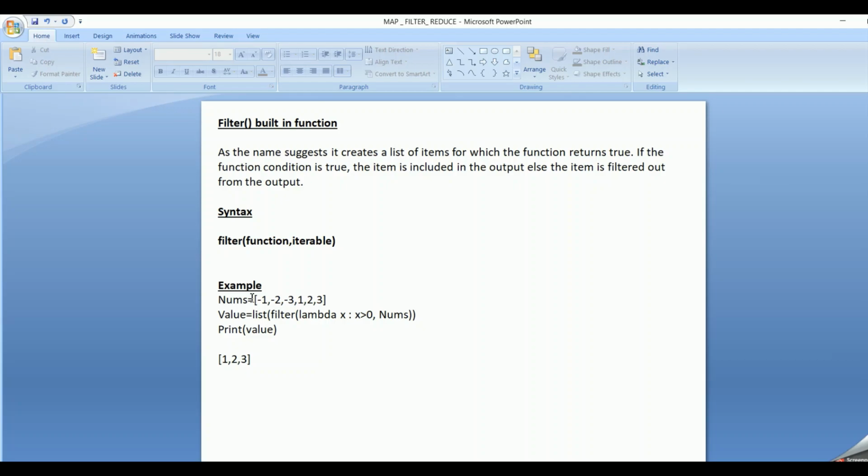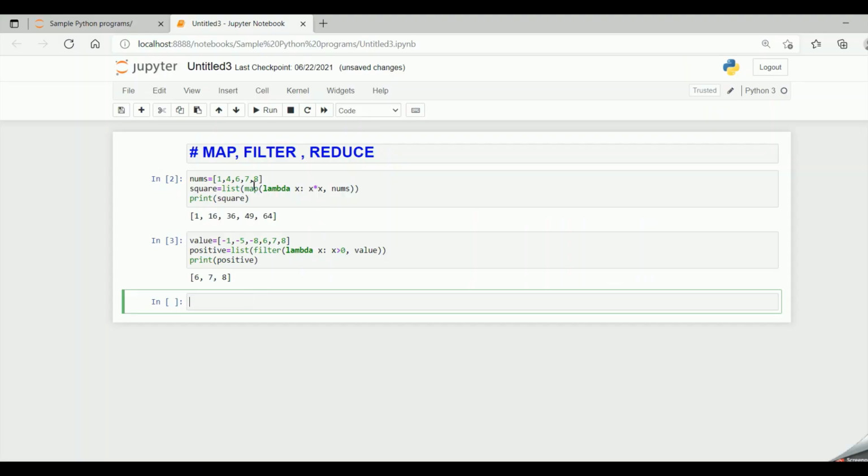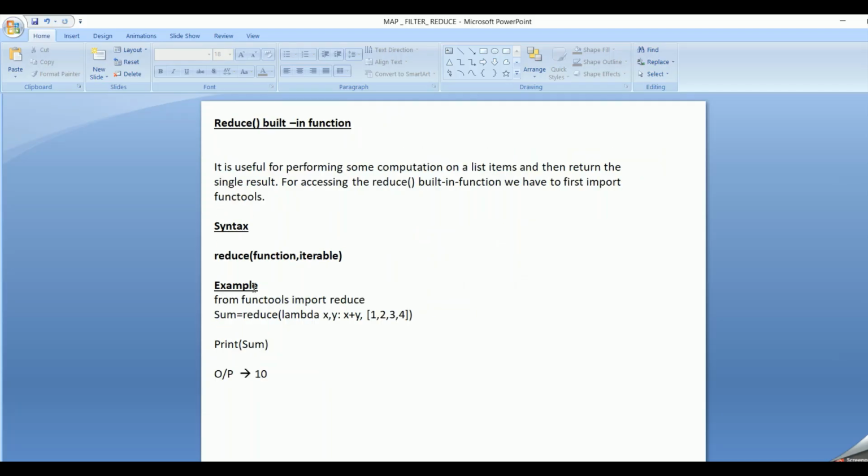So map, for each item in the iterable, performs the function. Filter removes the unwanted data. So first it is mapping, then it is filtering, and the third one is the reduce built-in function. So what does it do? On the items of the iterable, it will perform some computation.